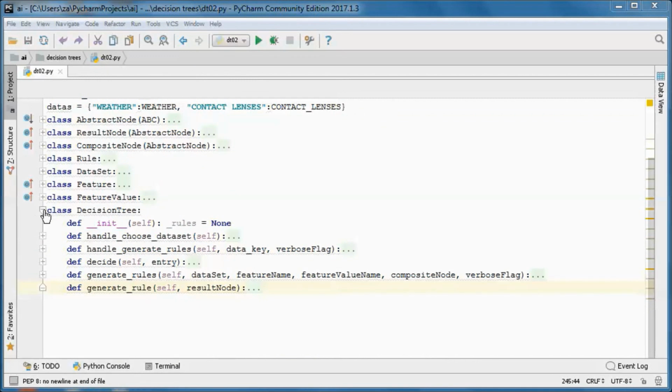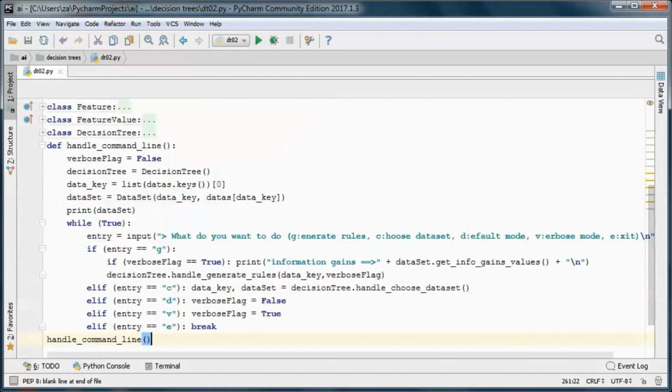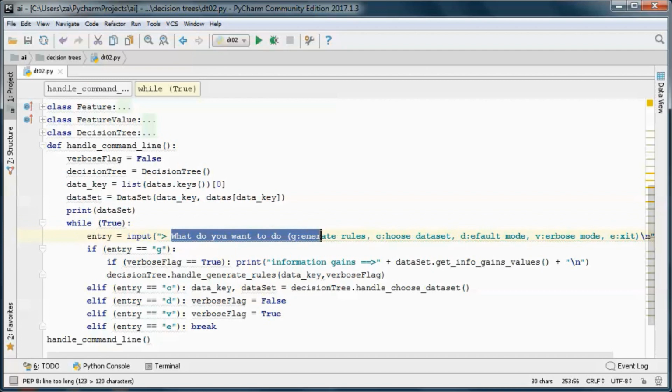And finally, this function handles command line entry. So here we are prompting the user to choose what they want to do, either generate rules or choose a dataset, or go into default mode, or go into running in verbose mode, or if they want to exit the application.